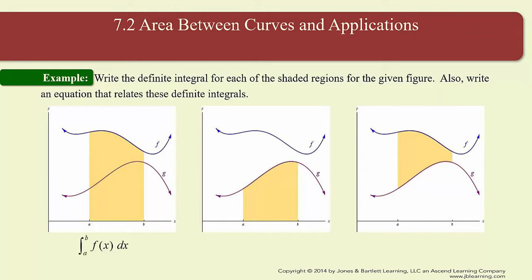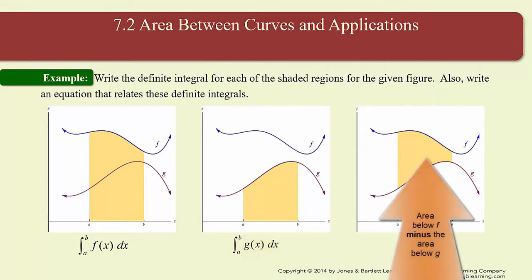So we know for the first region, the area that's below the graph of f, above the x-axis, between x equals a and x equals b, is given by the definite integral from a to b f of x dx. Likewise, the shaded region that's below the graph of g, above the x-axis, between x equals a and x equals b, is given by the definite integral from a to b g of x dx. So the shaded region in the third figure that's between the two graphs,